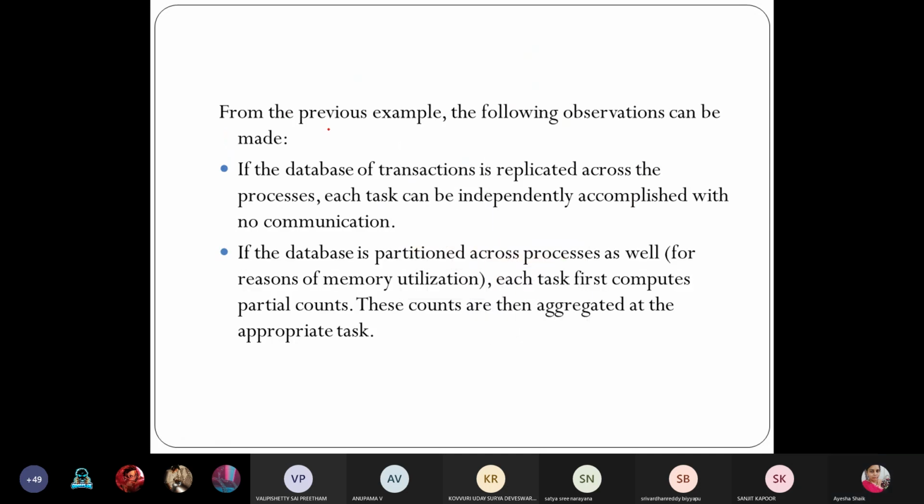Let's see the particular example. The database of transactions is replicated across the processes, and each task can be independently accomplished with no communication. If the database is partitioned across the processes, then each task will complete its partial counts, and these counts are then aggregated at the appropriate time.